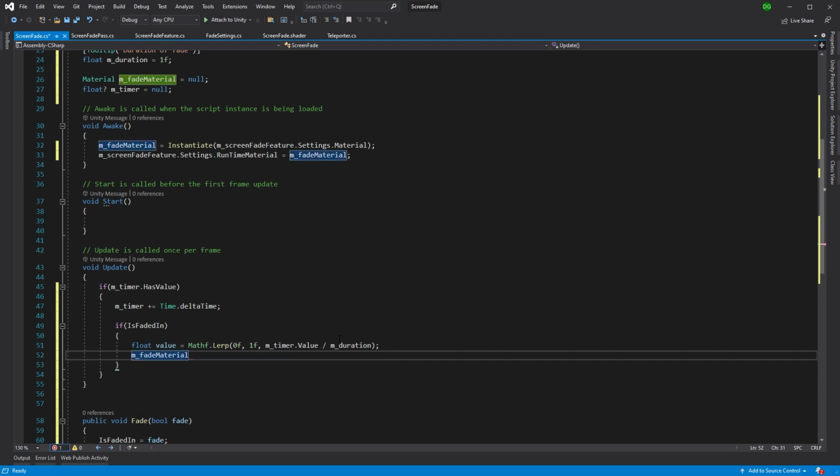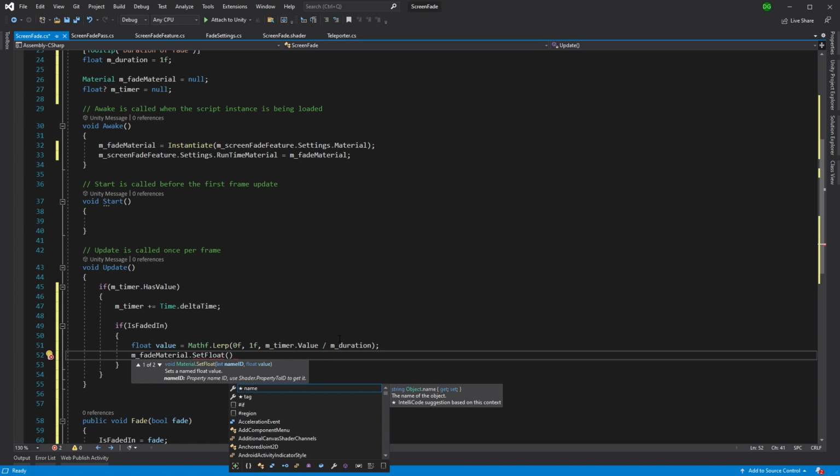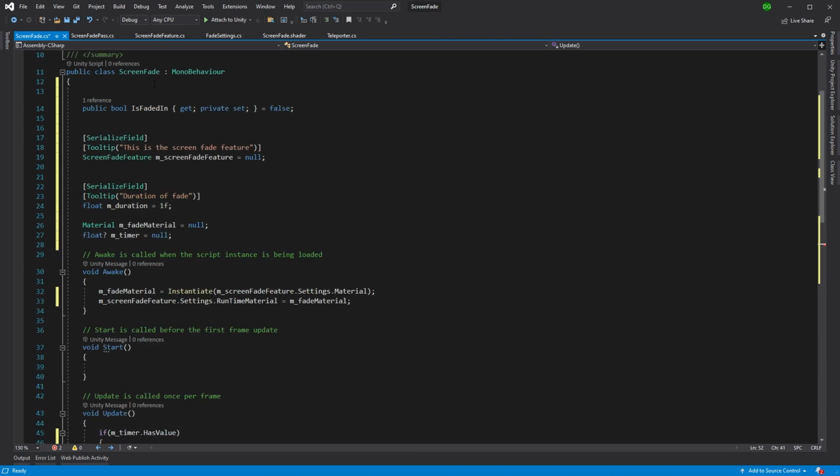Now we're going to actually set the alpha in our material. Now, you could actually put in the name here as a string, but who wants to do that? That's just a horrible way of doing it. And Unity gives us a really nice feature to basically get the property ID, the int. So we're passing in an int, and it's doing a very simple check instead of a stupid string check. So let's grab,